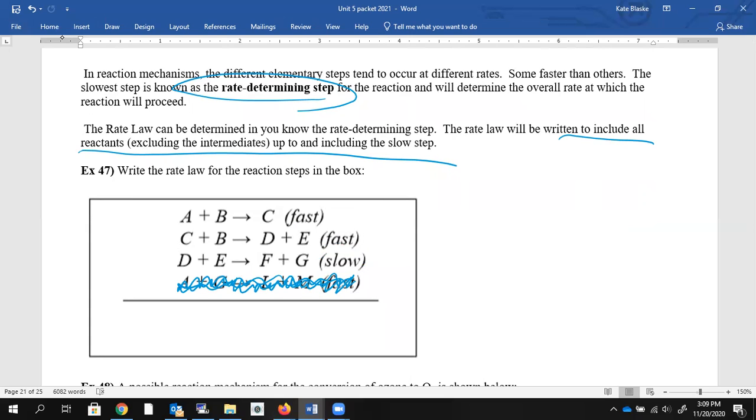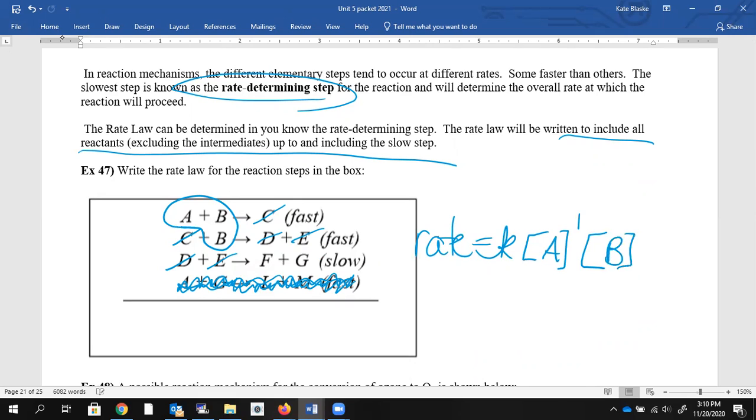So here I've got C being formed as a product and then being used again as a reactant. I've also got D as an intermediate and E as an intermediate. So the reactants that are left over are 1 A and 2 Bs. So my rate law is going to be rate equals my rate constant k. I've got the concentration of A. Since there's only one A term in that mechanism, it's first order. Since I've got 2 B terms in that mechanism up to and including the slow step, that means that B